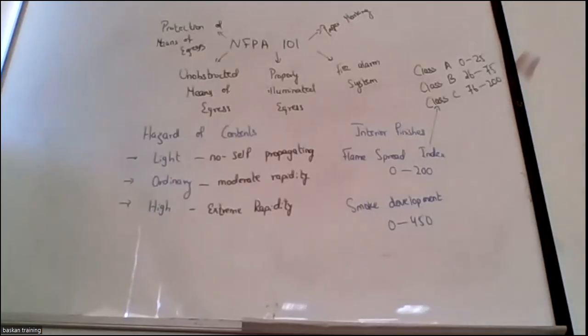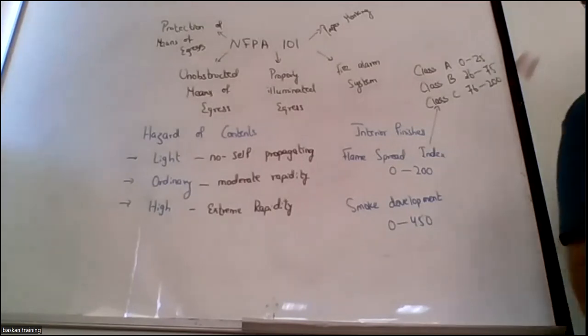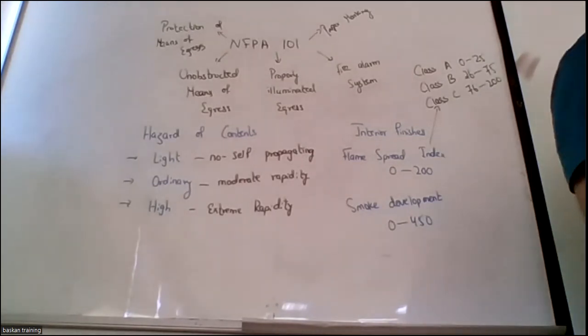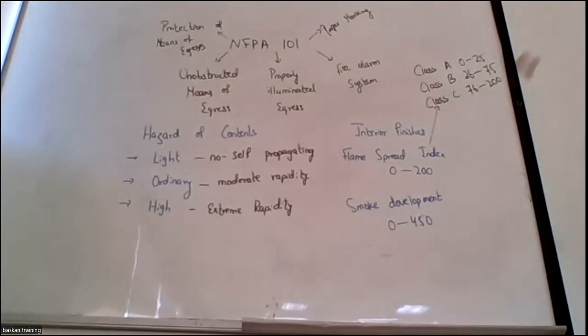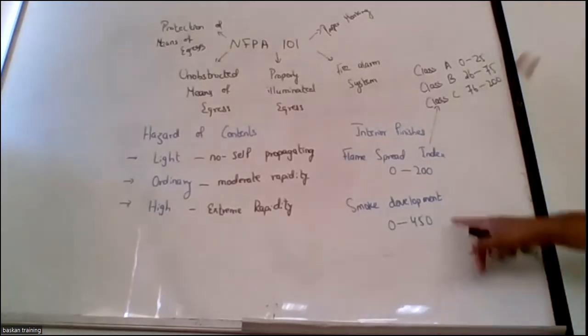Whenever a material is being provided, if you go to the technical data sheet, a fire resistant material will always provide you information on what category it falls in. If it indicates class A, it means it's a very good flame resistant material. If B, again it comes out as a good one. C is considered to be the average material. It may have comparatively more flame spread, but not more than that. More than C means that the material is highly flammable.